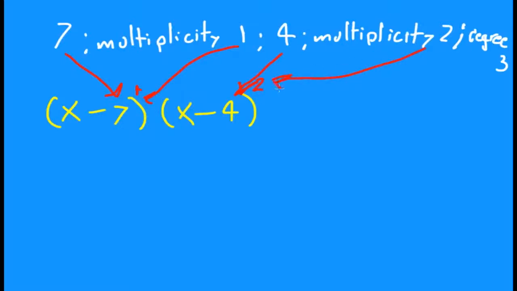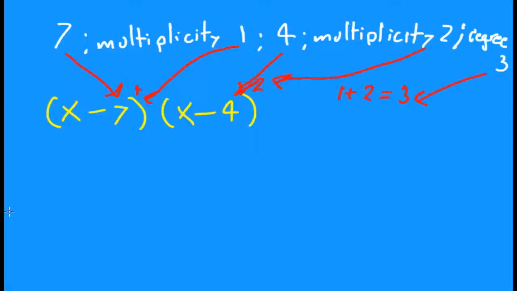So multiplicity 2, and 1 plus 2 equals 3, which is a degree. Yay! Now let's take out our calculator. Our calculator ready? So we plug in y equals x minus 7, x minus 4 squared,